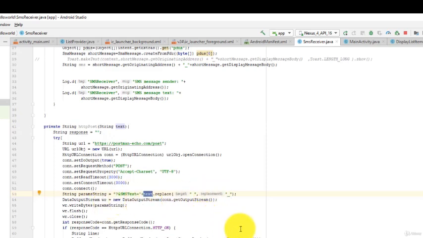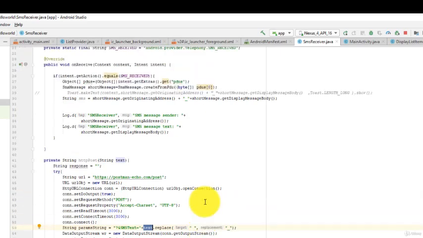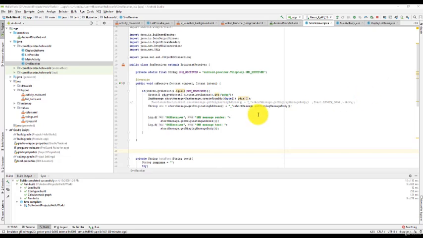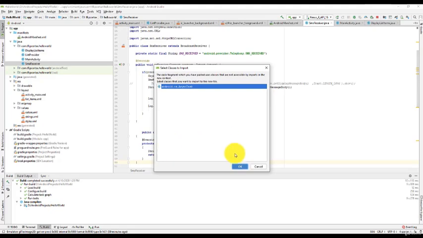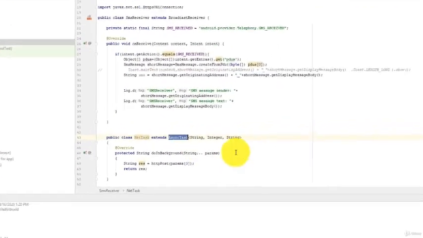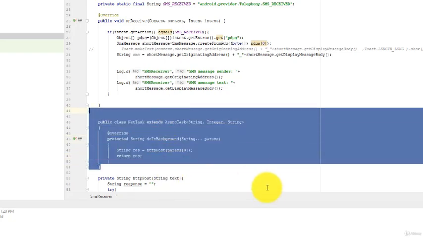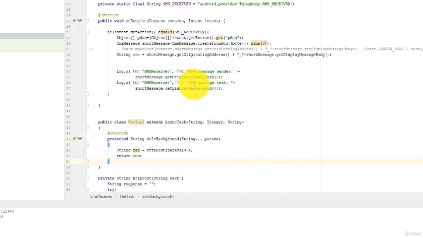That's pretty much it. Now to run this, we need to run an asynchronous task. This means that when it's invoked, a separate thread is launched and the rest of the process can keep going. This is not too important. Again, this is something specific to programming, but with the way we implemented the HTTP post, we need to run an asynchronous task. What is important to us is that we have an SMS being received, and this SMS is being sent over HTTP post.